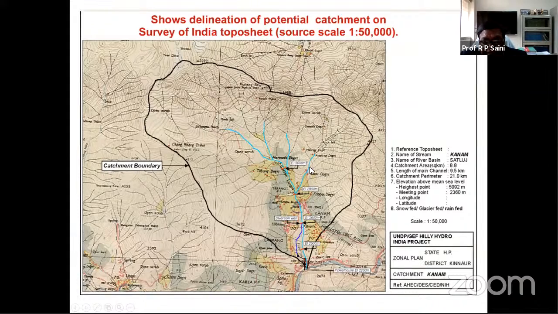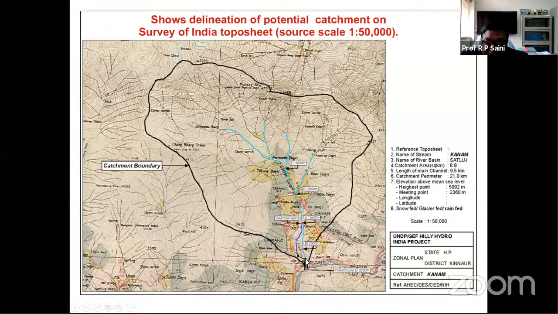So in that map, the contours are this. You can see there. Suppose this blue line is a source, a river or a stream. In that case, I can say that this will be the appropriate site to divert the water, and for this diversion of water, you can take the level from here, or you can check what elevation is given on this line.